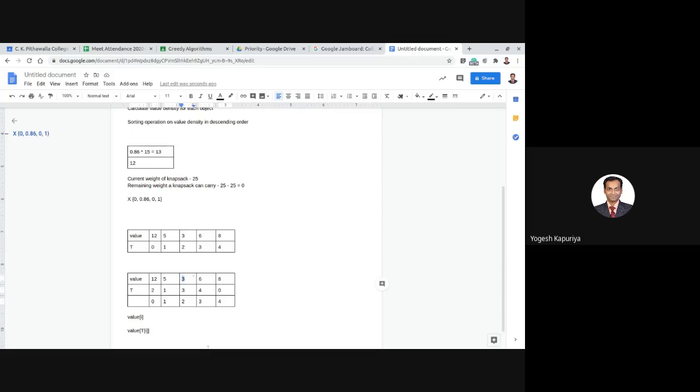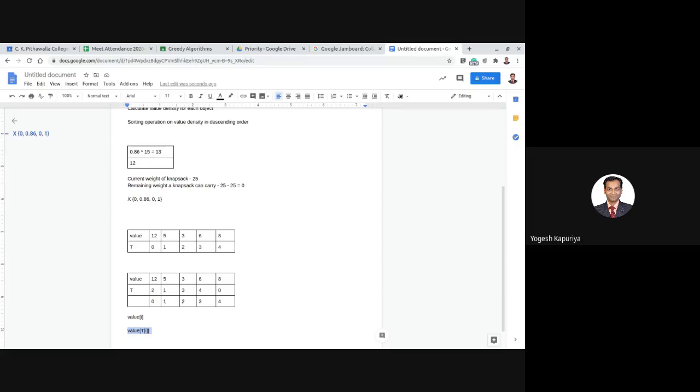Right? Similarly, when I is incremented, so I becomes 1. T of 1 is 1 and value of 1 is 5. Then 2, T of 2 is 3, value of 3 is 6. So it means that I can access the values in sorted order by using this indirect sorting.